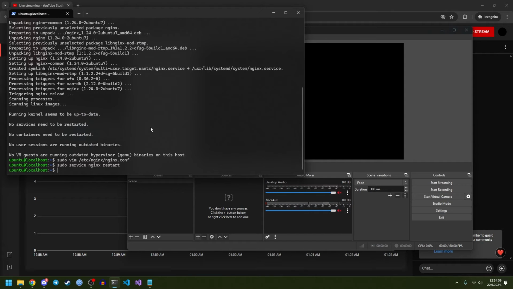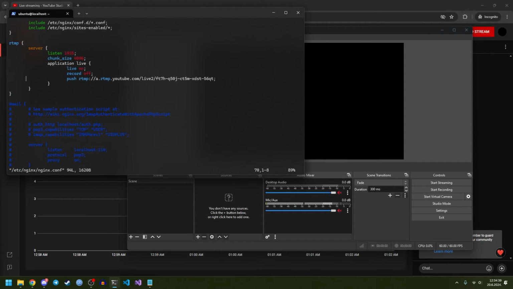So the way we do that is, I'll go back into the configuration file, and the RTMP module supports an option called onPublish. Now, if you're not really familiar with HTTP and how the protocol works, this is going to be a little bit confusing, but basically it'll make a request to this endpoint with all the information passed in by the client, and if it returns a 200 response, then it means it's okay to go, and it'll start the restream, and if it returns a 400 response, like 403 forbidden, then it'll actually abort the stream, and it